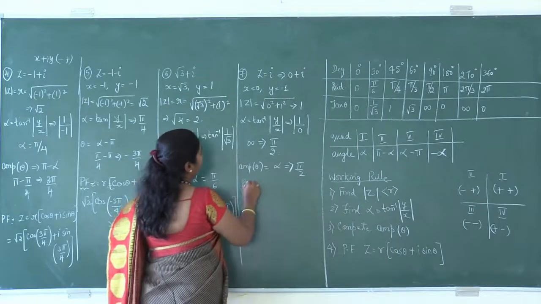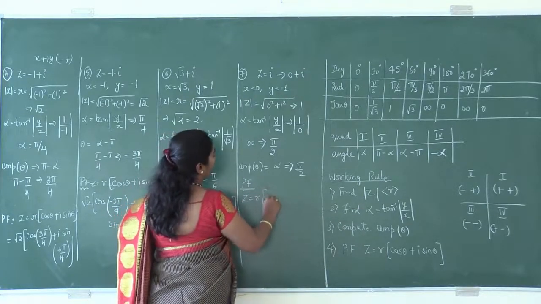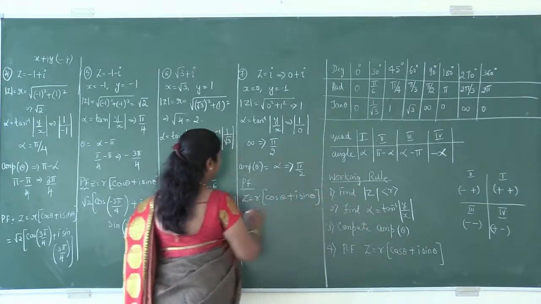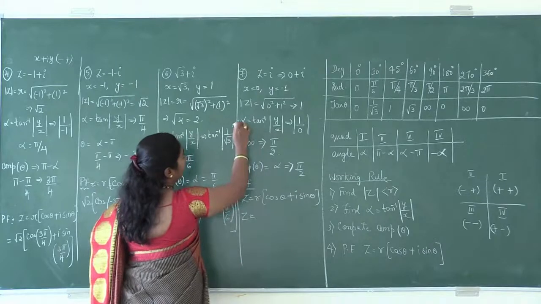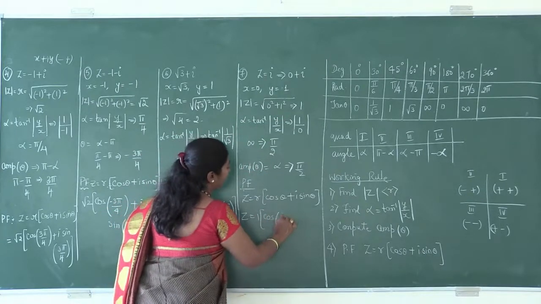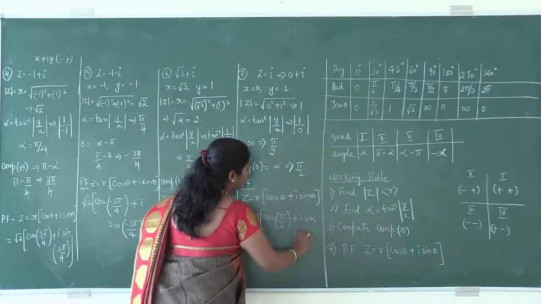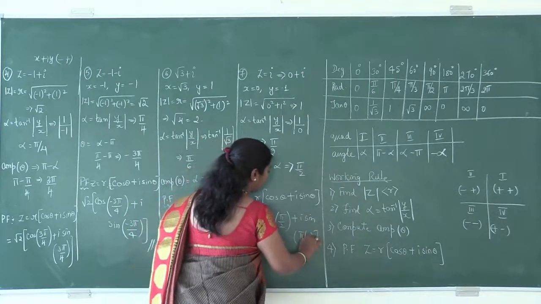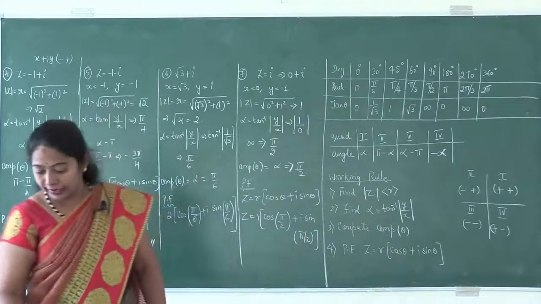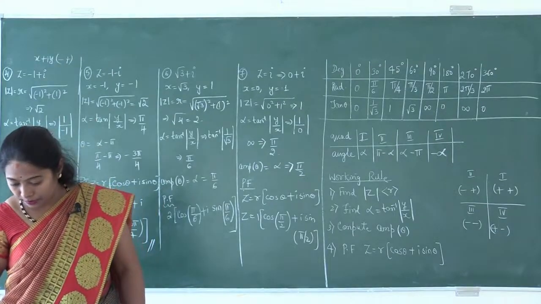Now, polar form. How do we represent polar form? Z is equal to R into cos theta plus I sin theta. What is R? R value is nothing but 1. What is theta value? Pi by 2. Cos pi by 2 plus I into sin pi by 2. This is the polar representation of the given problem. So moving on to the next problem, we have